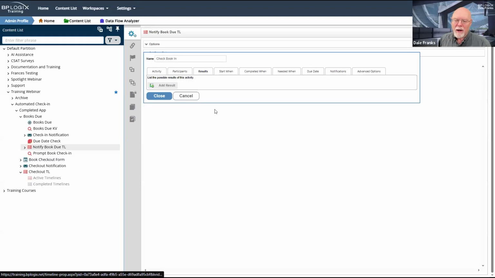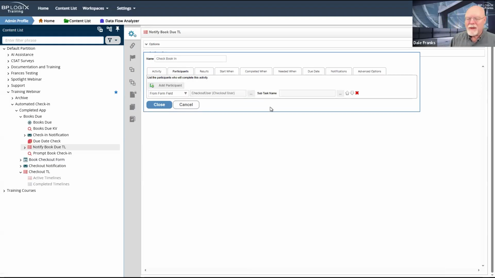And they don't really have any results. We're just going to have it complete. The user's actual result will be to uncheck the checked out checkbox. I'm just going to do that manually. There are probably some more flashy ways that you could do that, but I'm just trying to keep it simple here. But we've got everything we need for a check-in process.